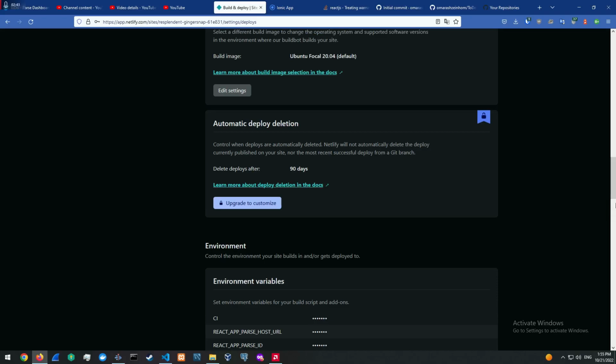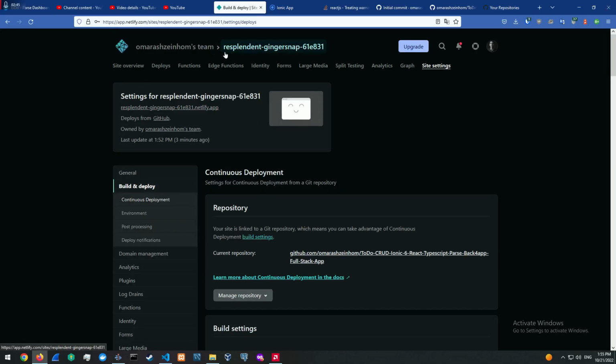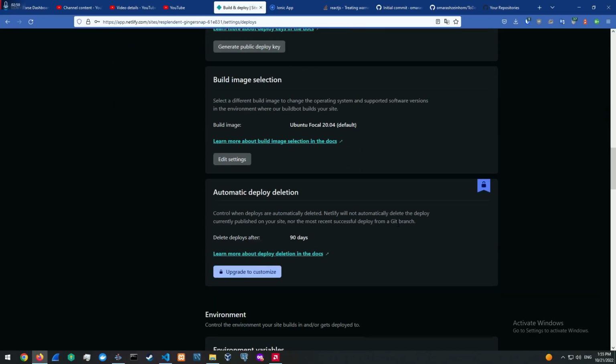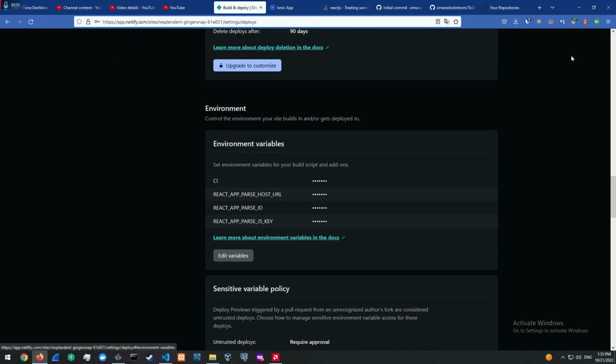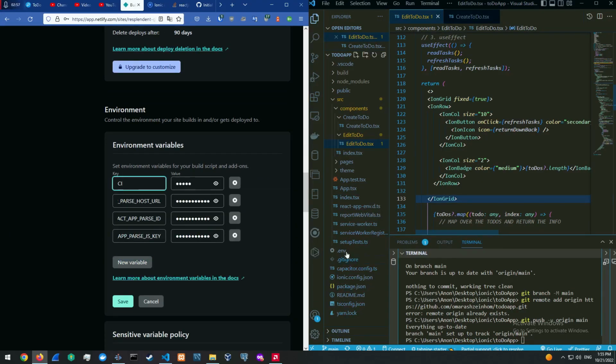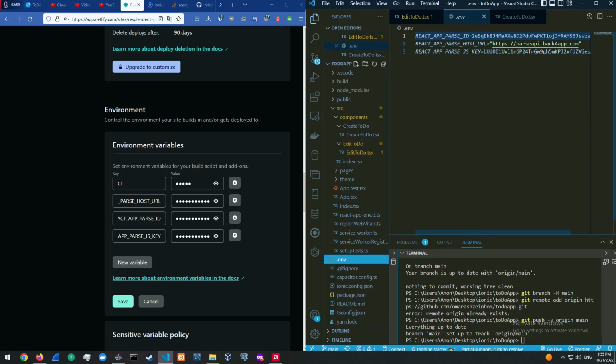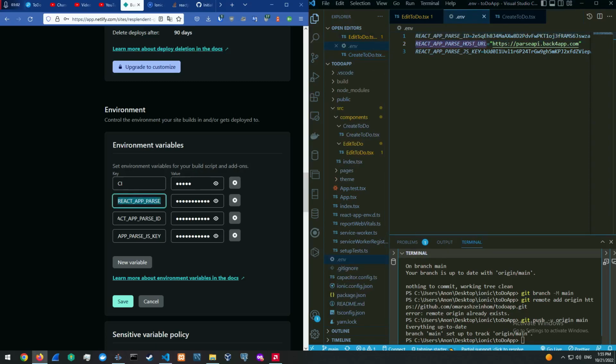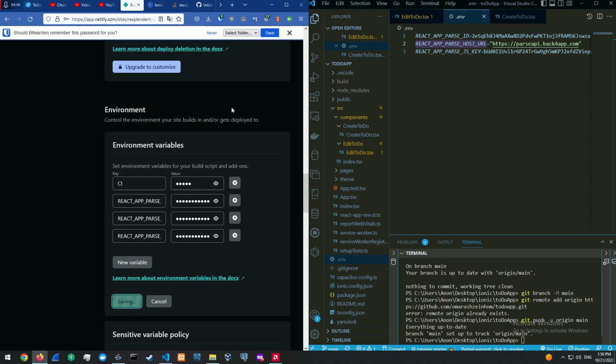Because they did not have the .env keys, alright? So just make sure to go over here, alright, to your website settings and then build and deploy, and then just scroll down to environment variables, right? So in terms of the environment variables, we're just gonna add in the .env variables over here. So just make sure to add the variables over here, the keys, and the values are gonna be over here. One last thing, just make sure to add CI to be false, right? And this is basically just an error that comes out for the .env file, right? So if I save that